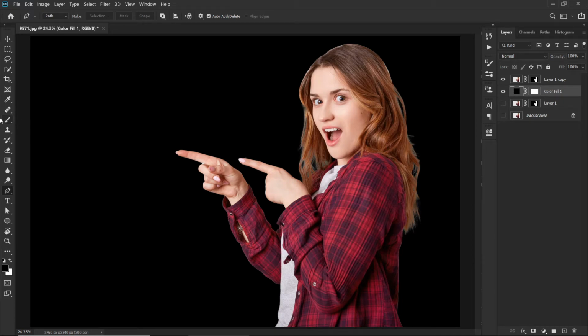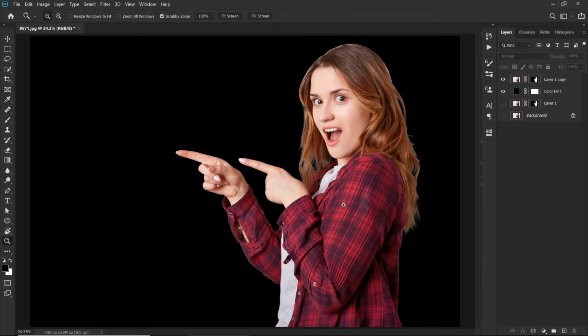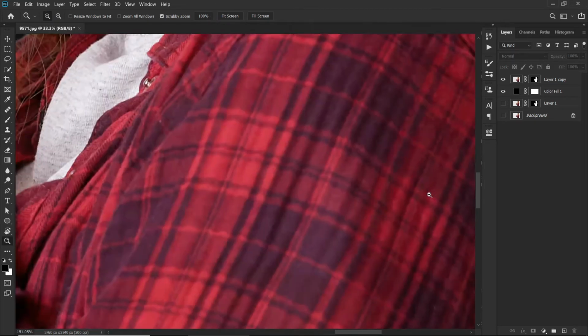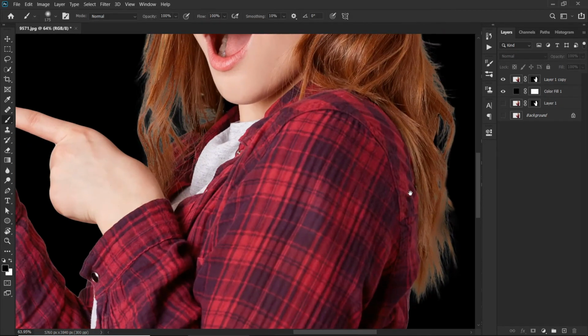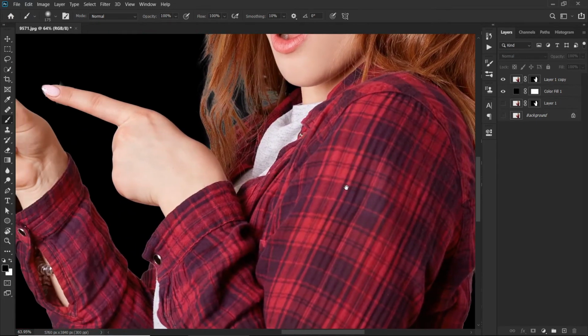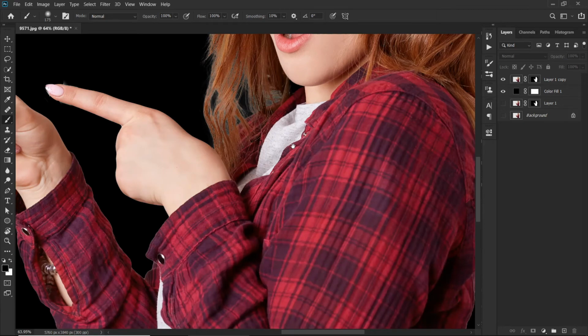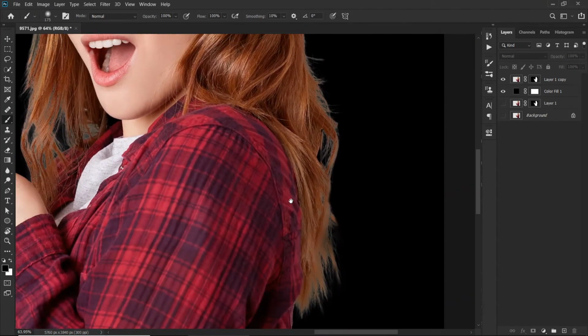There are two tools which will help you to fix it. One is your brush tool, and second is your clone stamp tool. Even you can use a healing brush tool to fix it, but in my case I am going to use just this brush tool and this clone stamp tool. So watch me carefully. So let me just zoom in a little bit, and let me just move beside my canvas. To move around here and there in your canvas, you simply hold the space bar and move your mouse pad to whatever location you want to go.